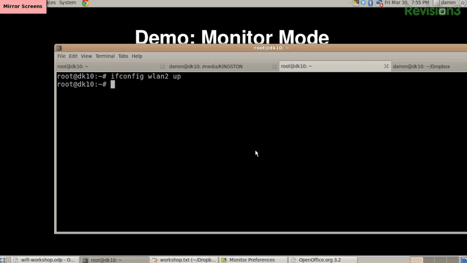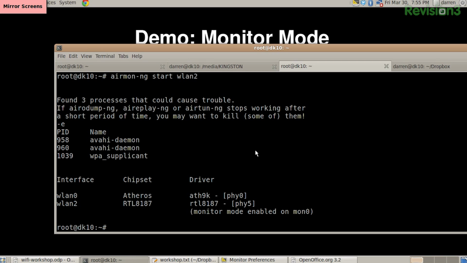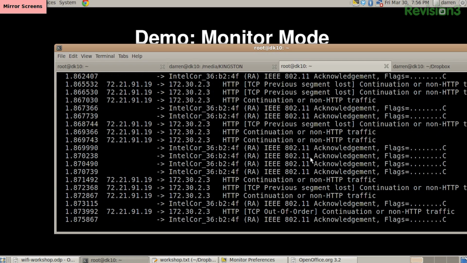So in order to get my card into monitor mode, I use airmon-ng, which is a part of the aircrack suite, and then I basically just say start and then the name of my interface. In this case, it's wlan2, my Alfa over here, and what it will do is create a virtual interface. In this case, it's named mon0. And now, if I do, for example, tshark -i mon0, what we're looking at is everything that's going